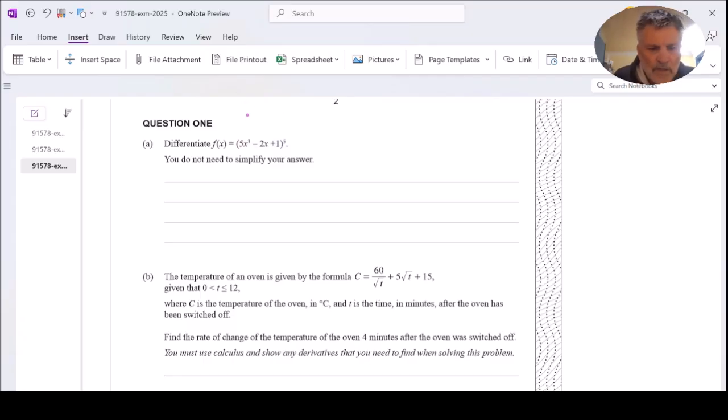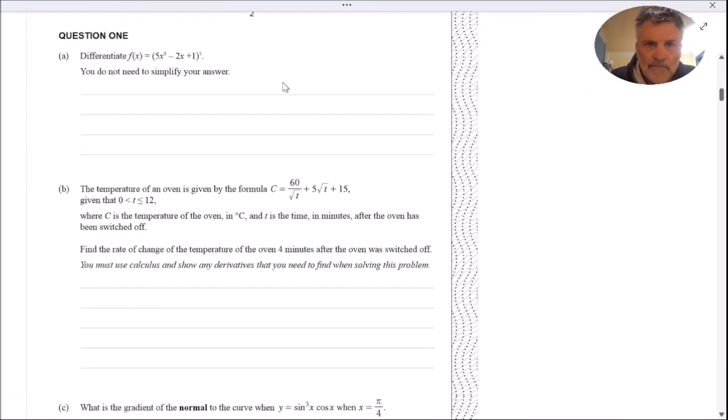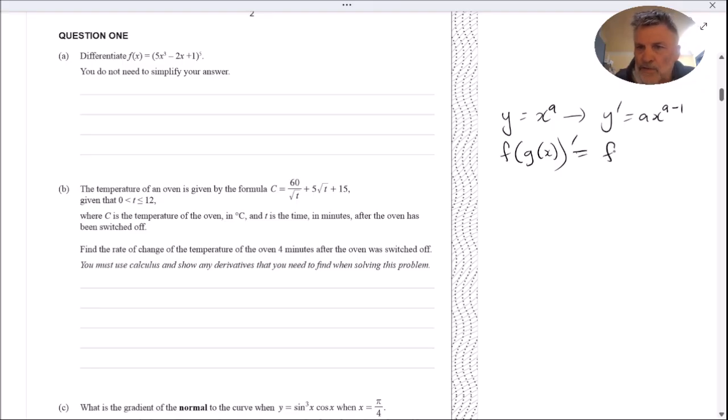So the power rule is, if you've got y equals x to the power of a, then when you differentiate it, you get ax to the power of a minus 1. You reduce the power by 1, and it's an application of the chain rule. If you want to differentiate a function that's got a function inside, you get the derivative of the function